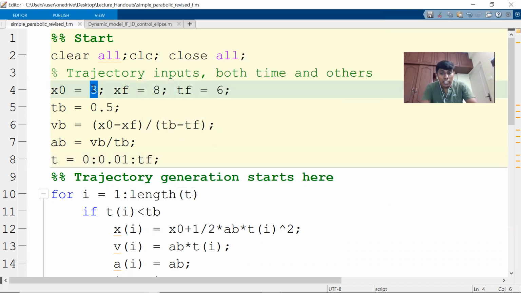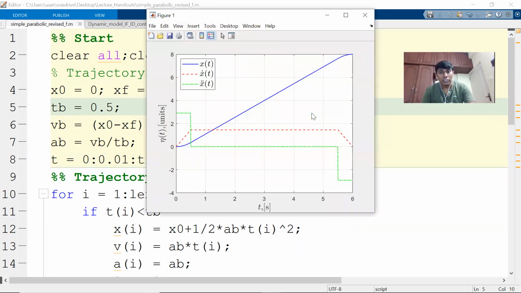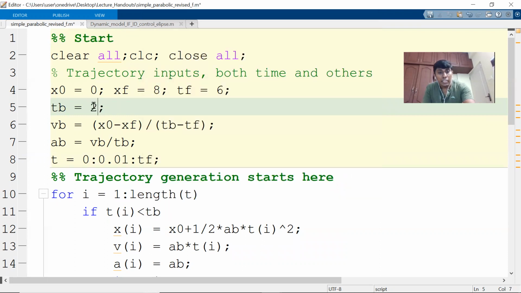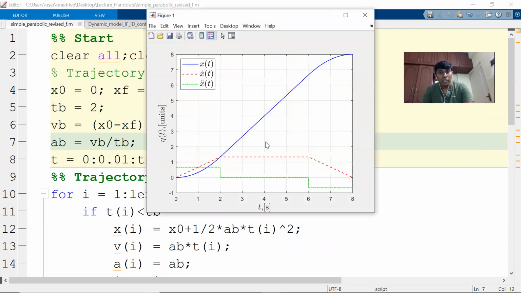Now even if I start this at 0, you can also see it. So this doesn't require any scaling or anything, because this purely converges everything, right? So like that you can do it. Now even if I make this 2, and this I'm modifying to 8, you can see this would be playing a good role, right? So this is one way which we can find it.